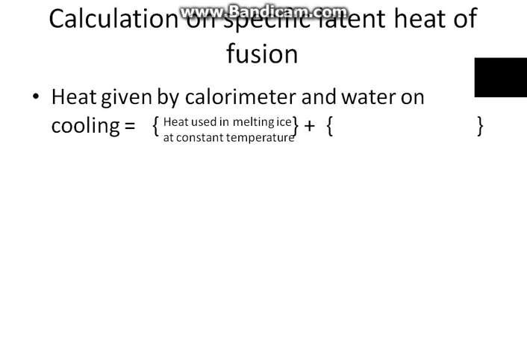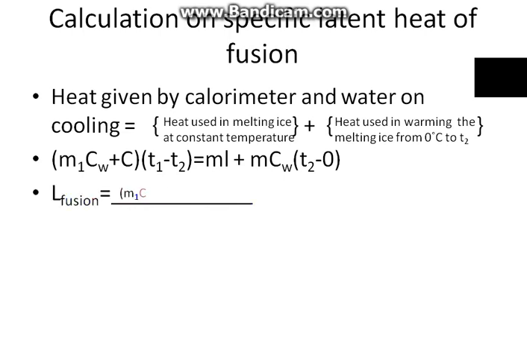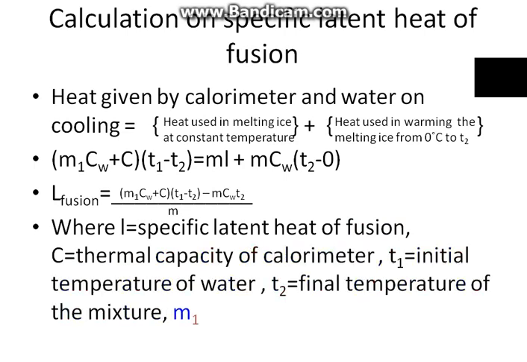(CW + C)(T1 − T2) = ML + MCW(T2 − 0). L fusion = [M1(CW + C)(T1 − T2) − MCW T2] / M,